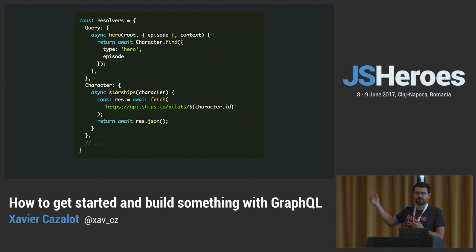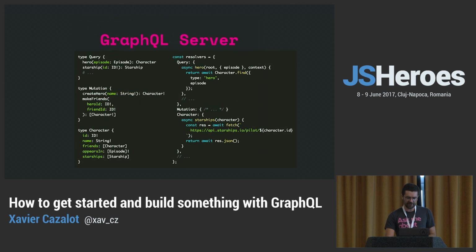So for instance, here I show you how to resolve maybe a hero, and how I want to resolve the starships. One is some kind of NoSQL database, and the other one is an endpoint somewhere. And don't care about the fancy stuff around the parameters. I would be happy to answer that later if you want. But the thing to remember is that from the schema, and how I tell my schema to get data, I create a GraphQL server. And as the schema is strongly typed, I can just bind this GraphQL server to a single endpoint and send queries to it and let my server understand what I want.